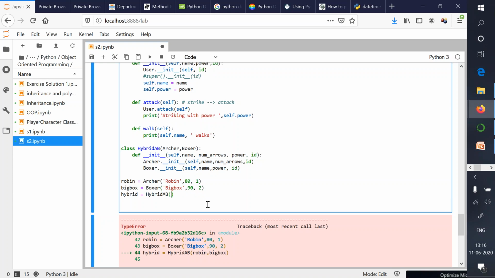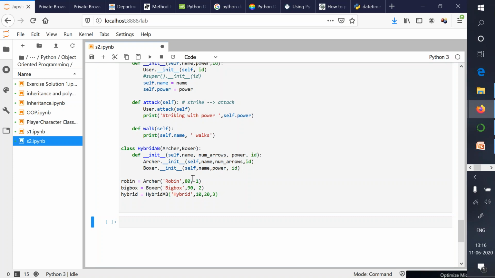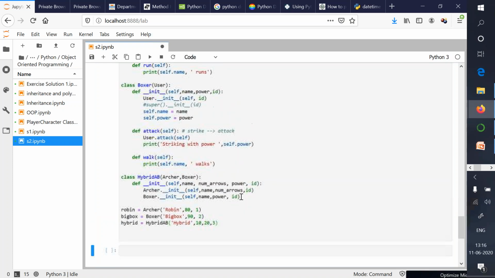And when I am instantiating hybrid, I pass the name hybrid as the name. Second is the number of arrows. Let's say the number of arrows be 10. And then I need to mention power and let the power be 20, and ID. And this is our third player, the hybrid player. Now if I run the program, it will work fine.